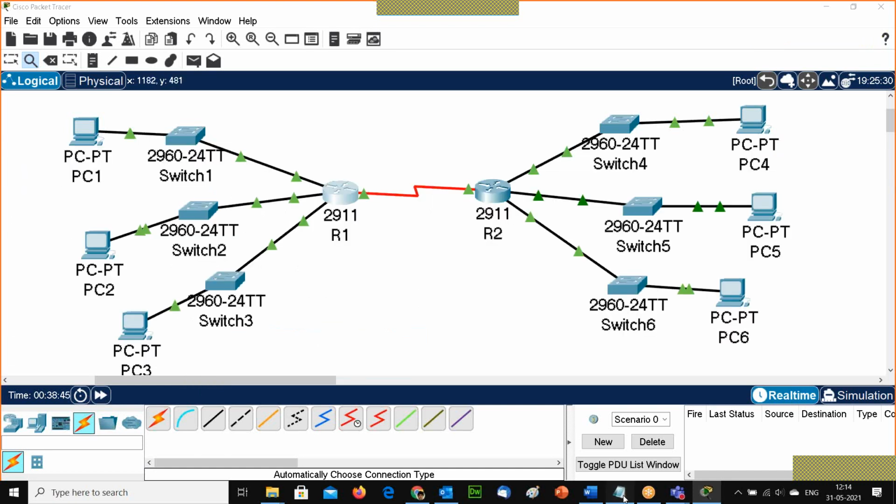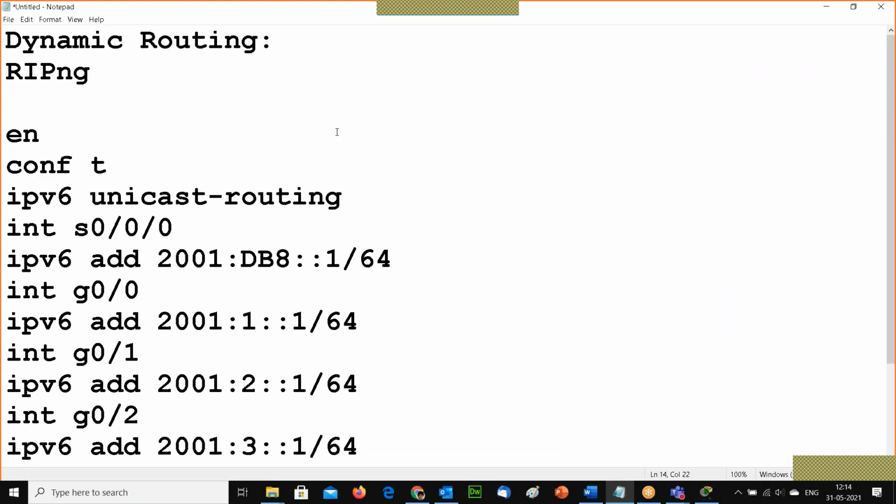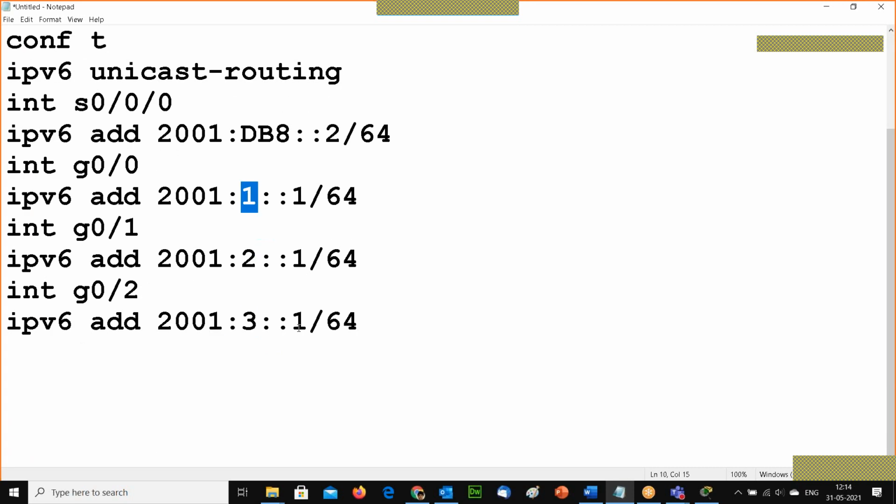Similarly, you have to create this in R2. So what I am doing, this is 1, 2, 3. Then here I can keep 4, 5, and 6.